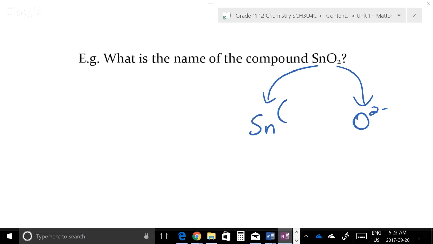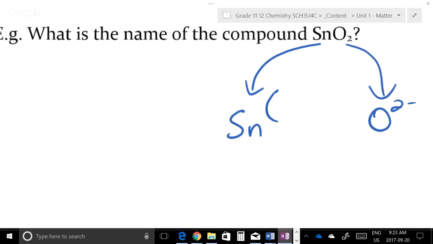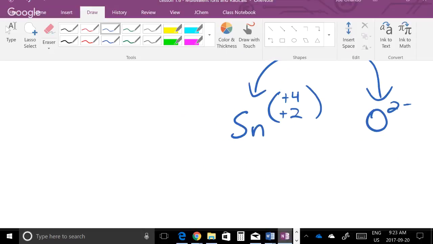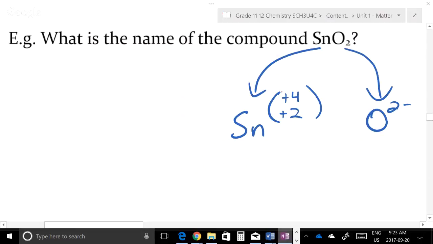Yeah. So I want to walk through this. Sorry. What are the possibilities for Sn? First of all, what is Sn? What are the 2 possibilities for tin? +4 and +2. Okay. Now, which one of these can we rule out? I always find it easier to rule out the one that doesn't make sense. So which one can we say doesn't make sense? Well, I like the 2,